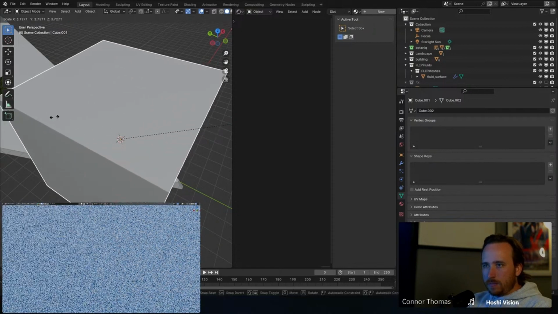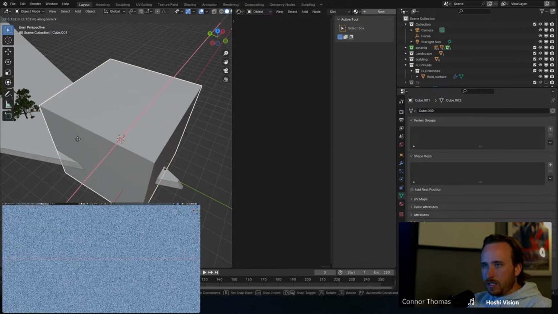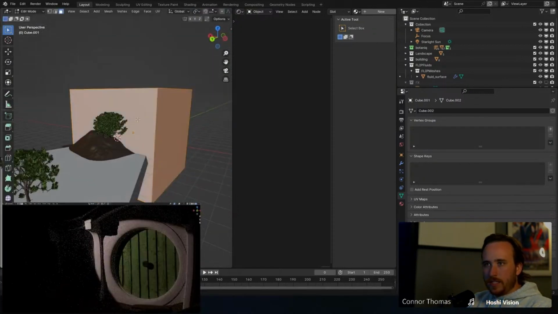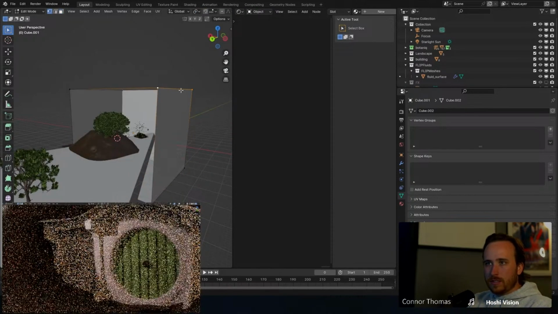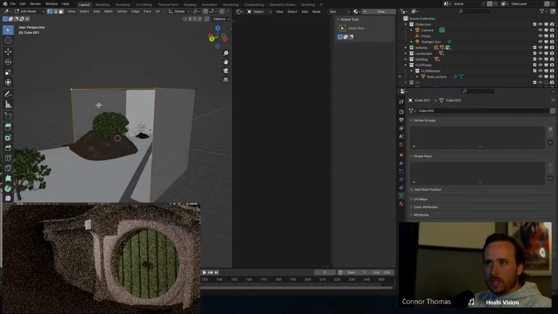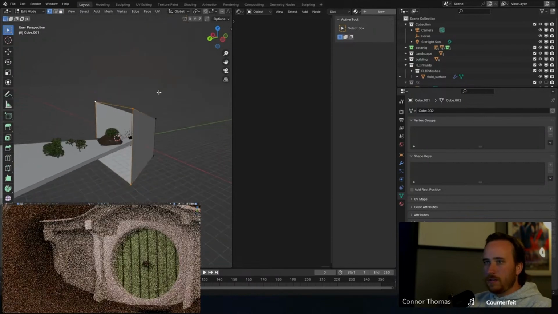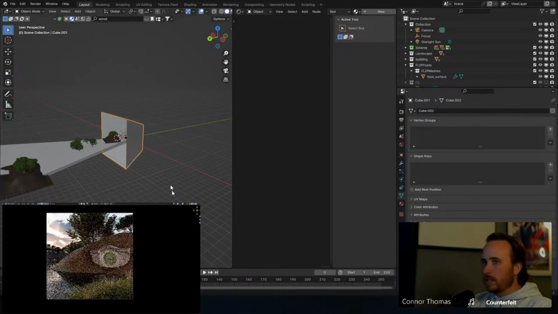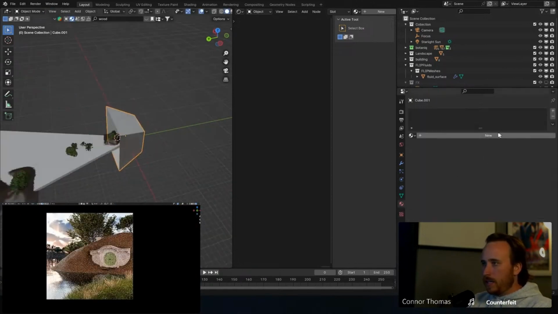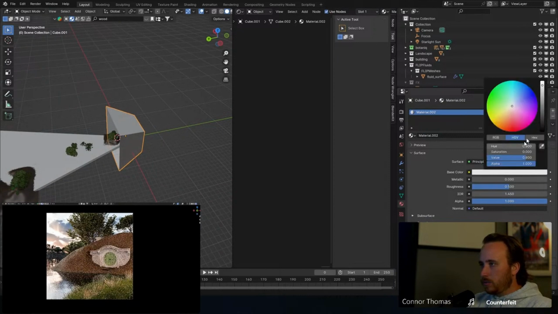Scale this guy up, something like here. And let's see, let's grab this face here and only delete the face. And if we just scale everything up, don't want to see it. So let's make sure that we're not seeing anything. That's perfectly fine. And then now if we go ahead and add in a new material,